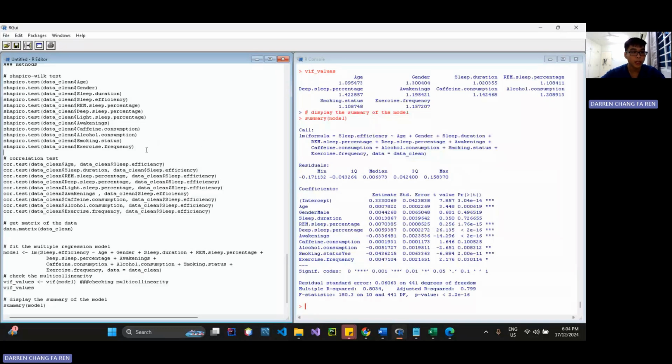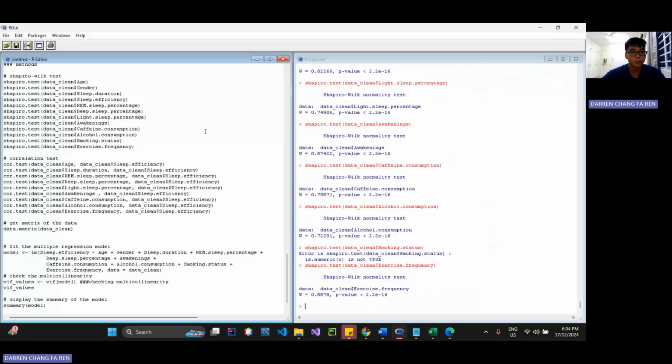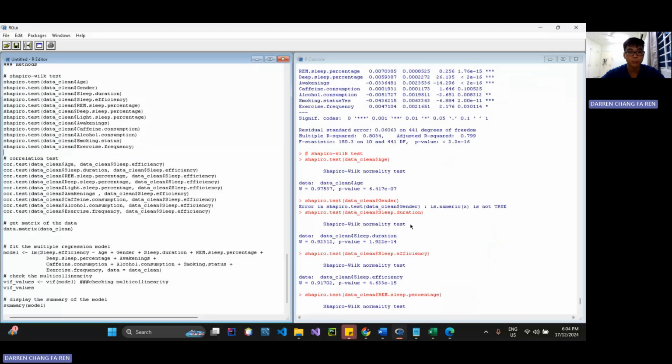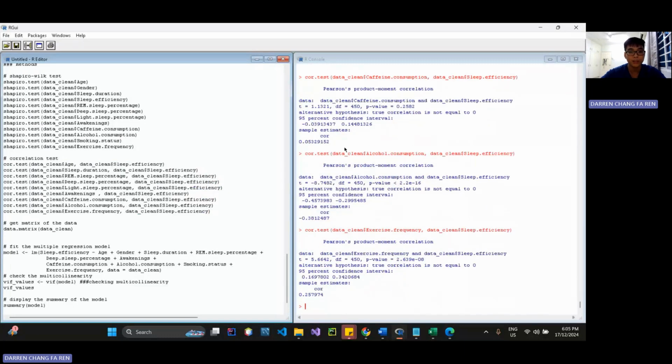I'll first run the Shapiro test to check the normality of the data. From the result here, it shows that all the p-values are below 0.05, which means the data is not normally distributed. I then run a correlation test to check the relationship between the independent and dependent variables, where the dependent